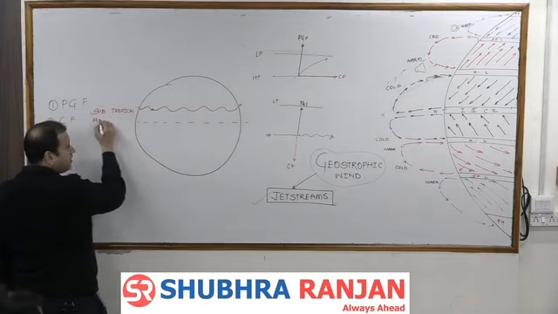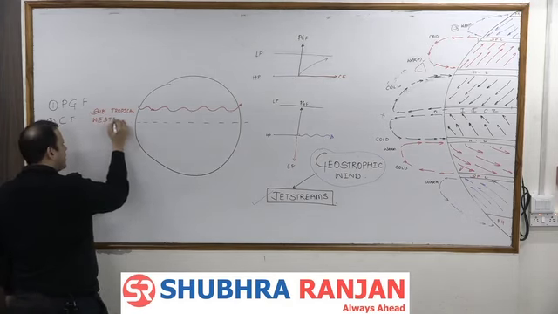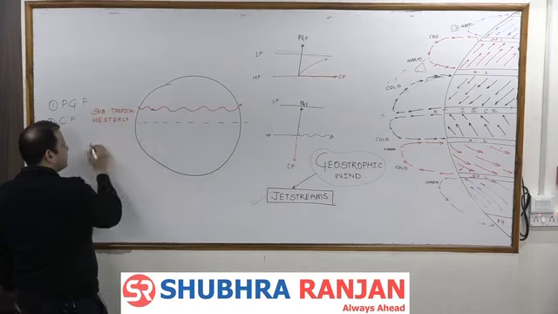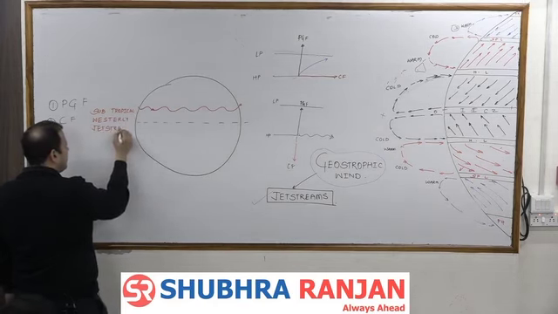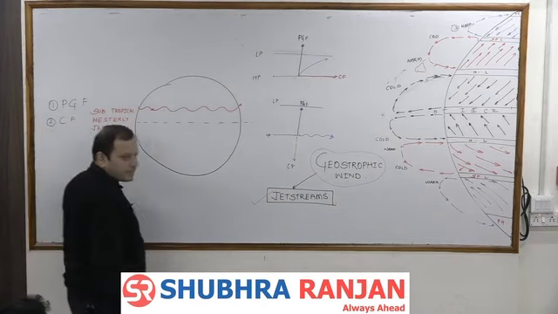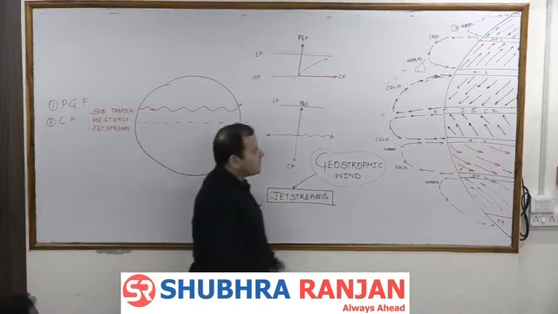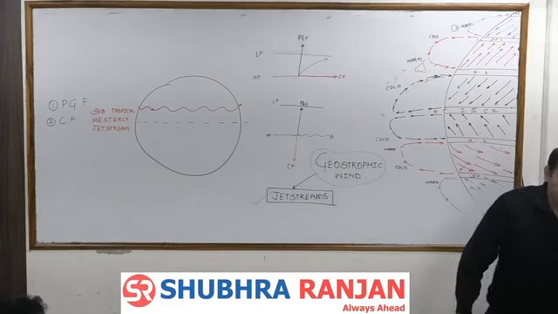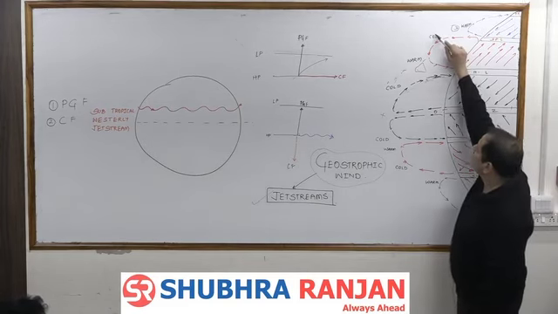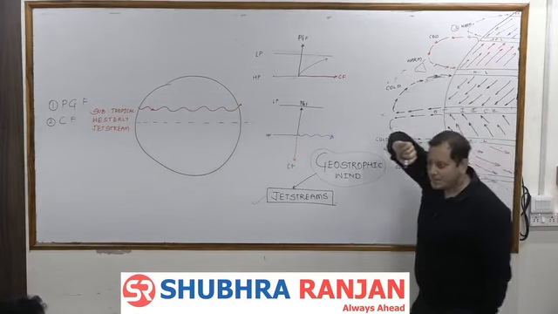Which direction is it, west to east or east to west? Westerly jet stream. Fine. There is another wind which goes from this cold to this warm, with a greater temperature difference,